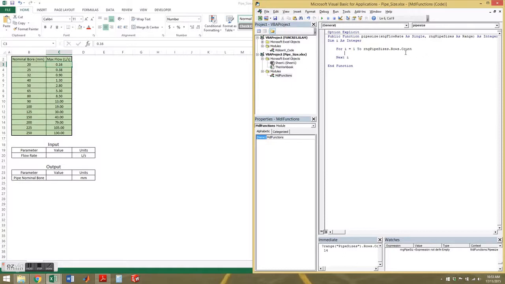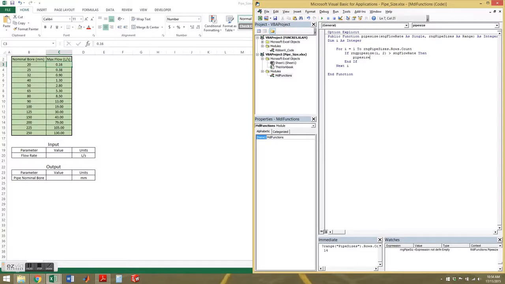If we write an if statement: if rangePipeSizes(I, 2), I being the row and 2 being the column where the maximum flow rates are, which is what we're comparing our input flow rate to, is greater than flow rate, then, and I always close the ifs immediately so that it doesn't get confusing,